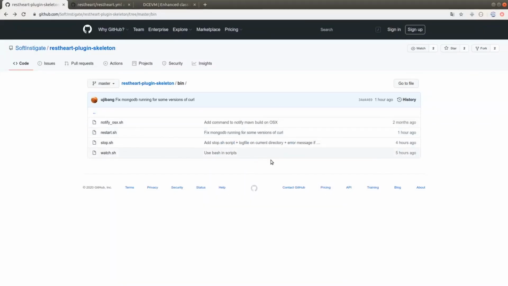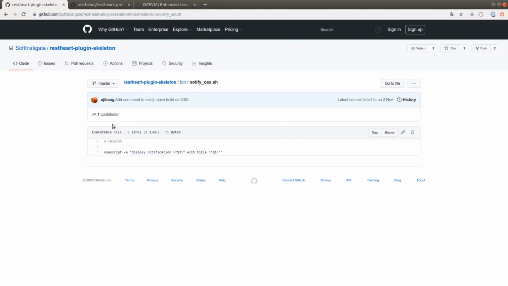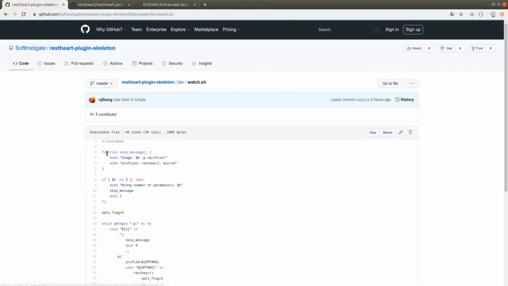We are now back on the scripts list inside the bin directory, and we saw restart and stop. The Notify OS X allows to have notifications on OS X when restart is restarted. The watch file instead, or better, the watch script, extends what we already saw, since it allows the rebuild of the entire project and the automatic restart of restart with each modification of the source code's configuration files. As we said, this is similar to what happens in the Node.js world.